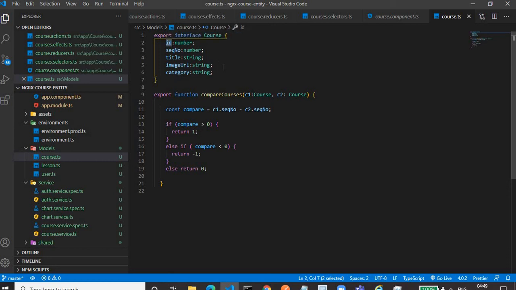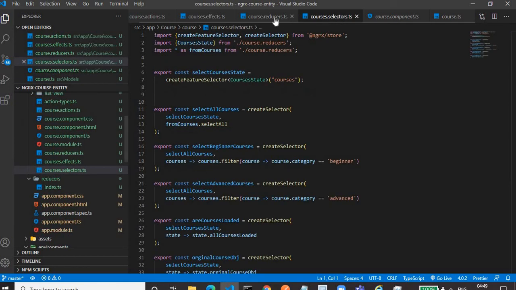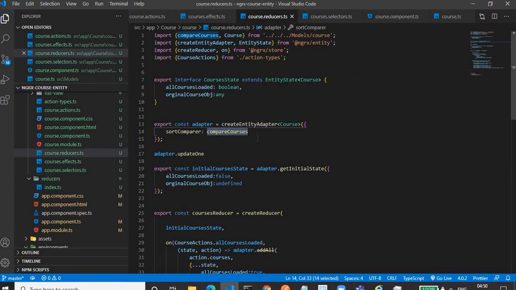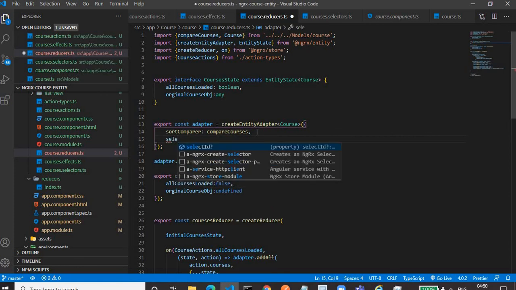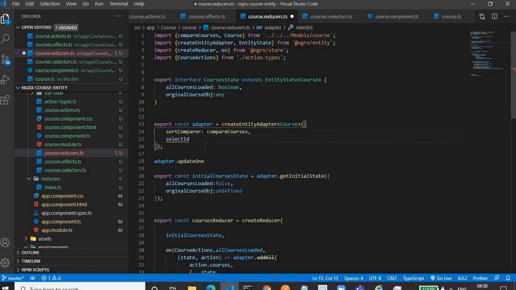If the entity has some different property as id, let's suppose instead of id it is courseId, then in the createEntityAdapter function we have another property called selectId. In selectId we will provide course, course.courseId, this way.